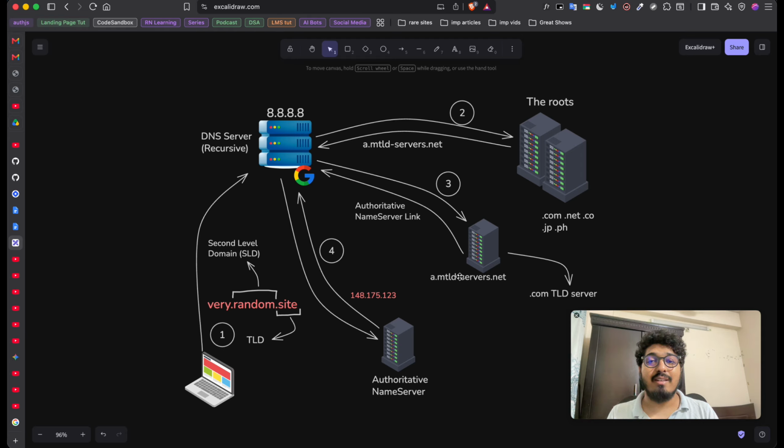When you actually dial a web address, the first thing it does is look for the IP address in the browser cache. But when it doesn't find the IP address in its cache, it then looks for the IP address at the OS level. If it doesn't find the IP address at the OS level, then it requests a DNS server. In this case, we are pointing to Google's DNS server,